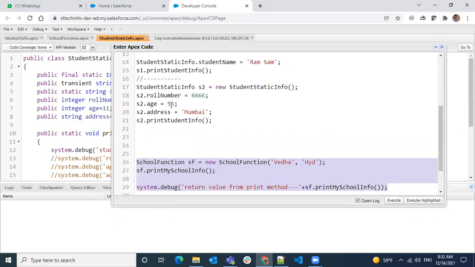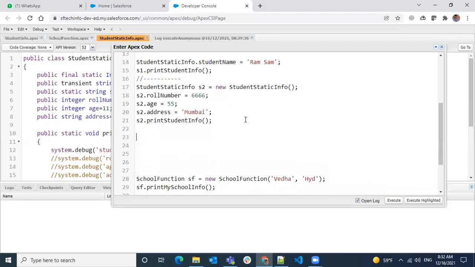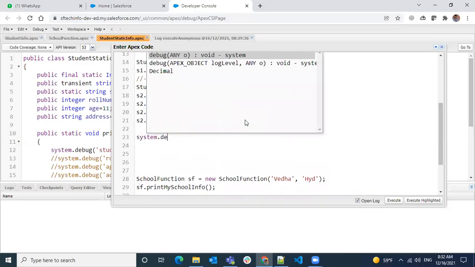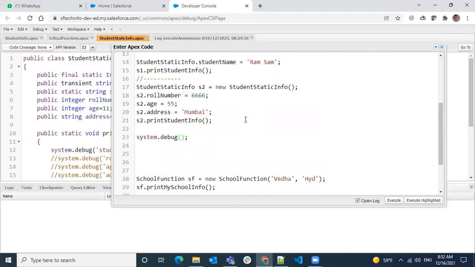In the student static information class we have this variable.